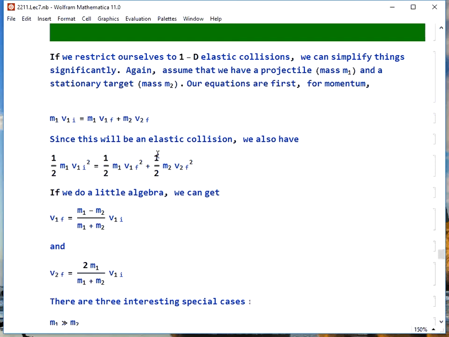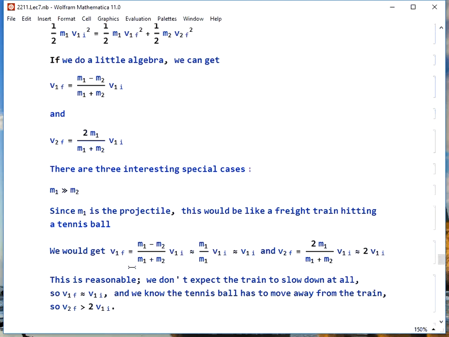If we're going to say it's an elastic collision, we get to make this rare equality: the kinetic energy of the projectile at the beginning equals the sum of the kinetic energies at the end. You do a little algebra, and I show this in the book. You get V1 final in terms of V1 initial and V2 final. There are three cases though, especially